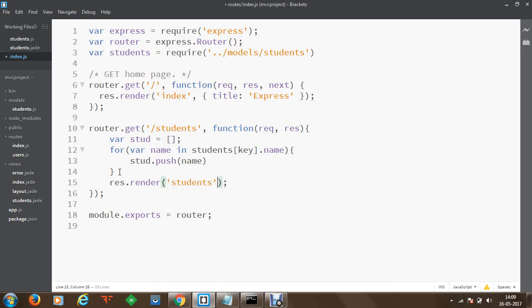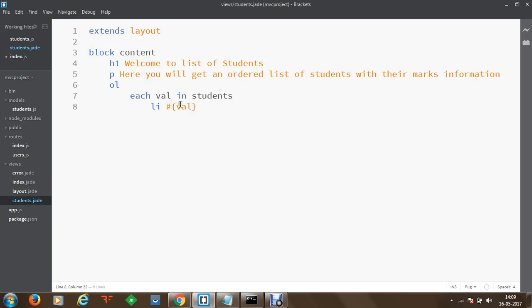With this I am going to send some data from my controller to my index layout. I am receiving students here on my students.jade. Let me just check that. So we will be receiving values from the students and displaying the value here.